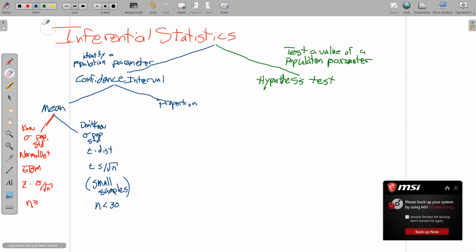So this is kind of a flow chart about how to proceed. And the flow chart still applies to the way we did things in StatKey. It's just that in StatKey, we don't need these formulas here. StatKey does the computations for us accidentally on purpose, which is kind of neat. All right, so this blue thing right here, by the way, I didn't label it, is the error bound on the mean when we don't know the standard deviation of the population